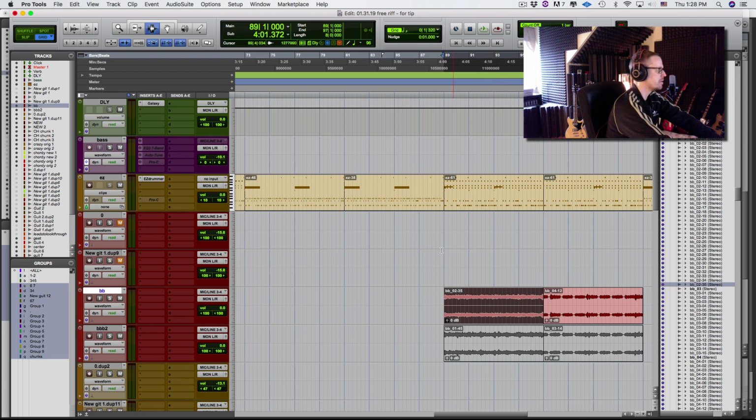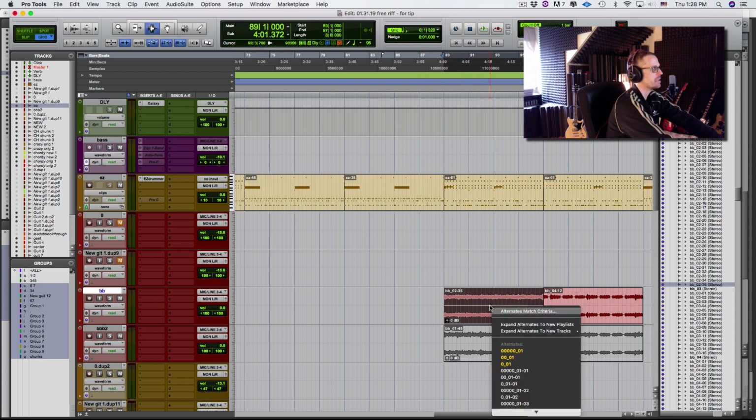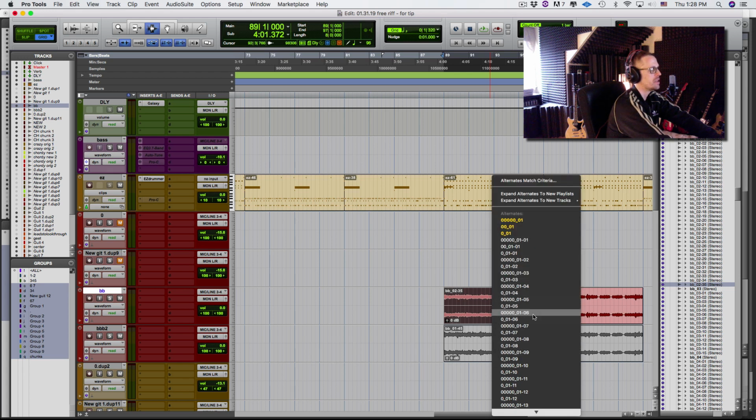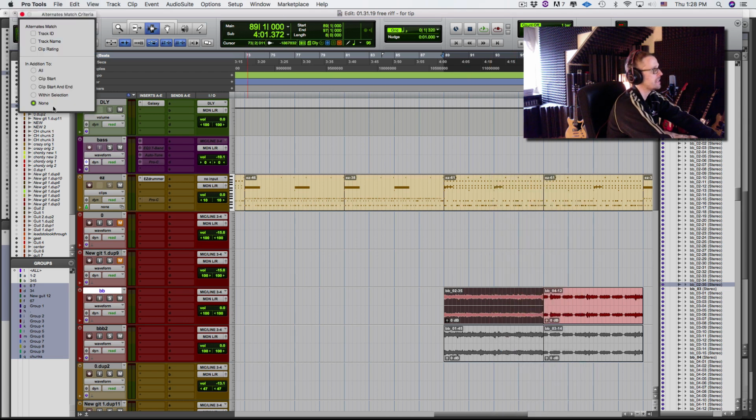One quick way you could do, which isn't the way I'm going to do, but you can command click here with the selector tool and you can see all your alternate takes. Now, there's tons of stuff in here because I haven't set up any match criteria. So let's do that, this top one. And again, this isn't the way I'm going to do it, but I'm just showing you anyway. So what I would usually do here is clip start and end at very least, and probably